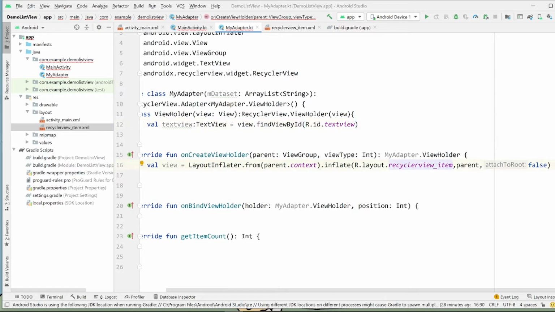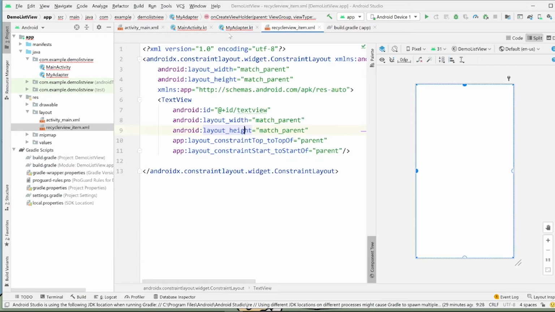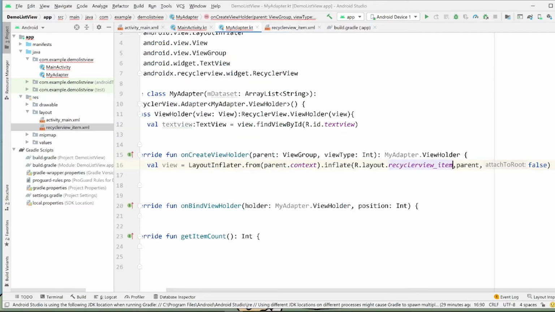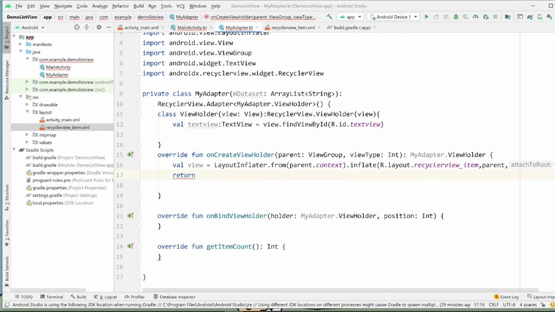So whatever comes after R.layout corresponds with the file name of the item view that you created. And then we just return the view group containing the view that we just got.